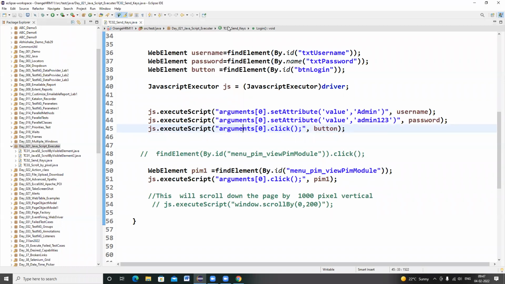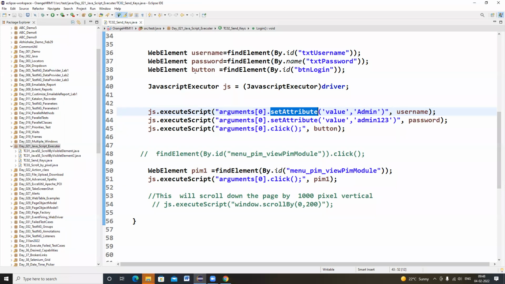Okay. So by using JavaScript executor, we can also use the send keys operator. Just in case, when you are writing a line of code stating driver.findElement(By.id) and providing the .sendKeys value, if that doesn't work sometimes, you can also use JavaScript executor in order to use the send keys operator.